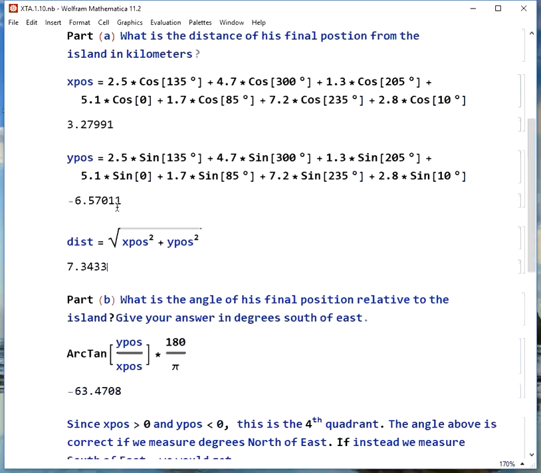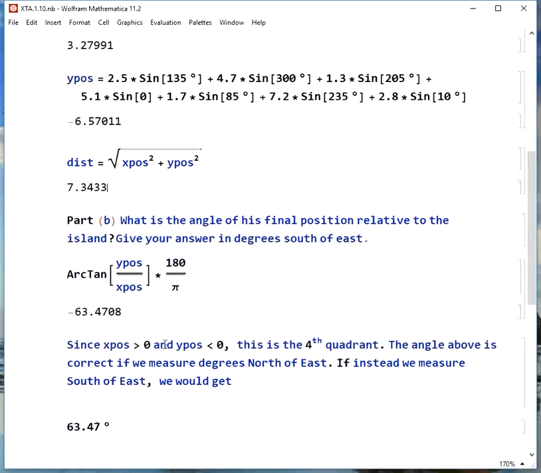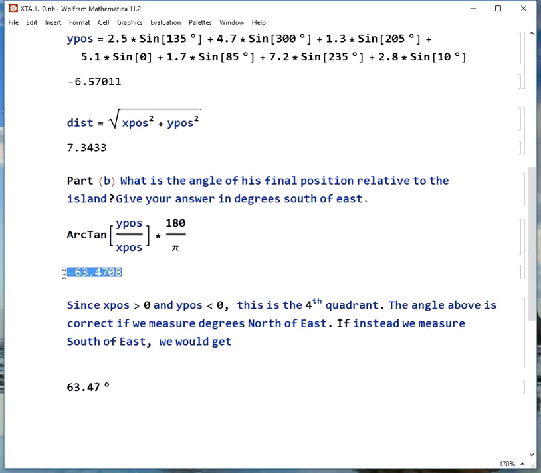Notice that x is positive, y is negative, so we're in the fourth quadrant, and that means this angle is actually correct if we want to measure starting from the east to the north. If we measured south of east, we'd get positive 63.47